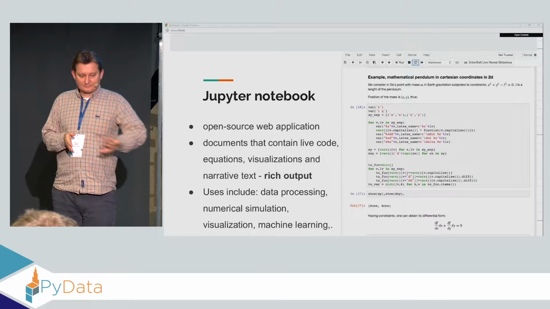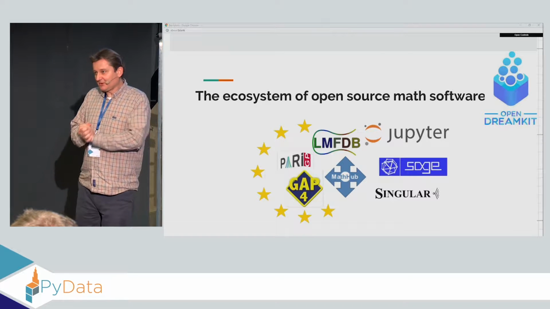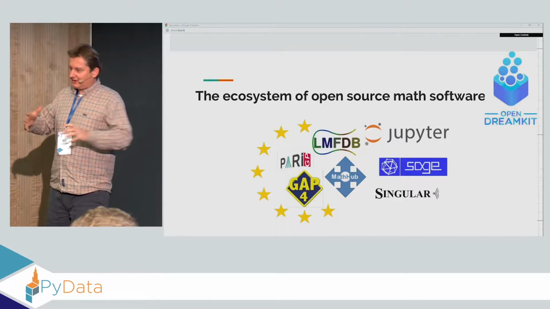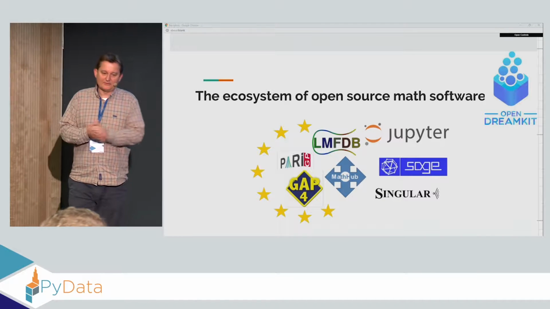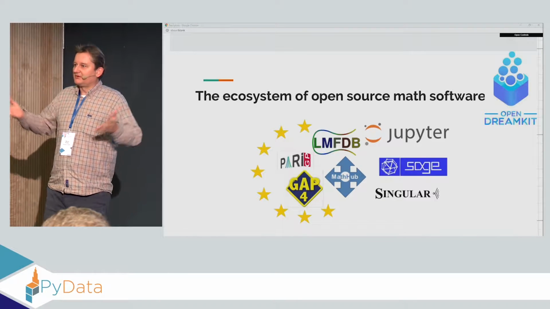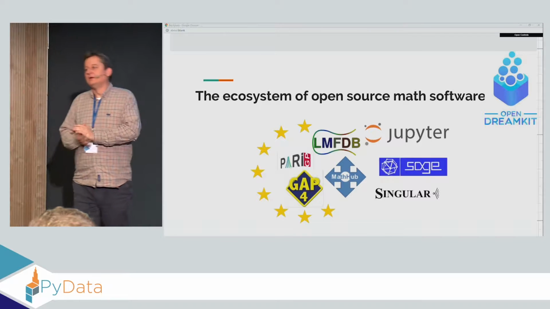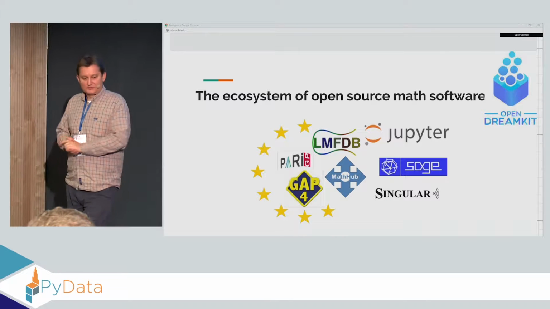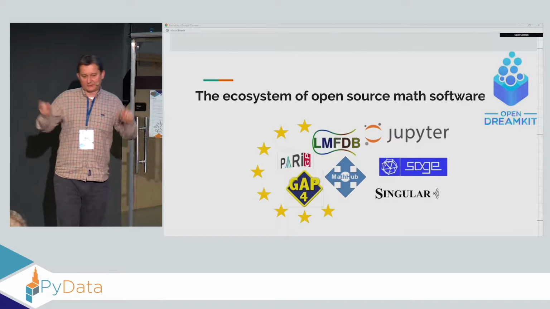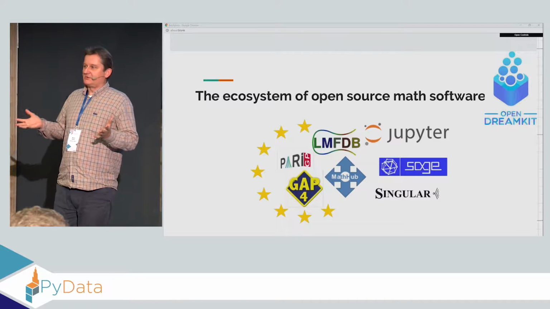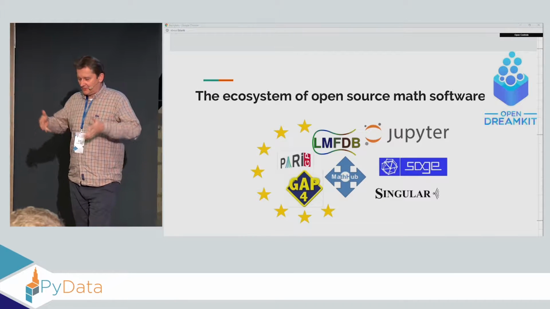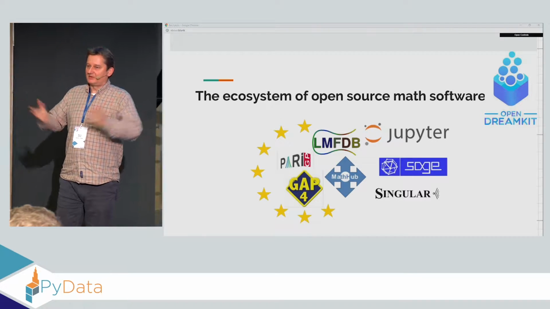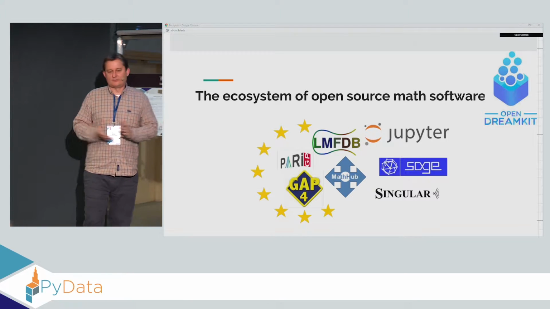And the Jupyter, what's Jupyter here? Because it's not mathematical software. So Jupyter is an interface. It was actually produced based on the experiences of notebook systems like Mathematica and Maple, and also this web notebook which was brought by Sage at some point. So the Jupyter project is now sponsored also by projects like this, which is, I think, very cool that the European Commission is recognizing our efforts to create better open source software that everybody can benefit from, because I think most of you have used Jupyter.